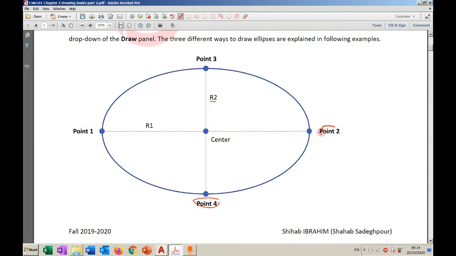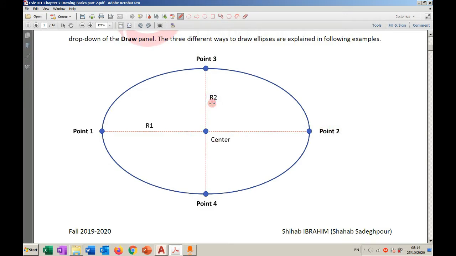Let's say I'm choosing these 3 points: point 3, point 4 on one axis, point 2 on the other axis. That will be enough to draw the ellipse. So 2 on one axis, 1 on the other axis. Whatever you do will end up with the same pattern. If you use 3 points out of those 4 points, it will end up with the same pattern. Now,